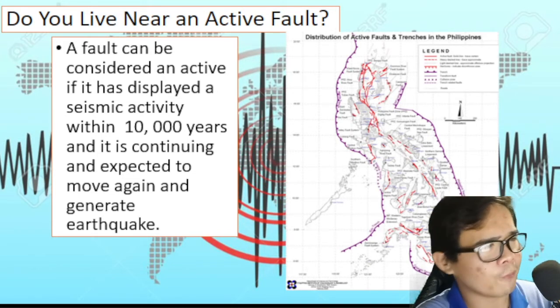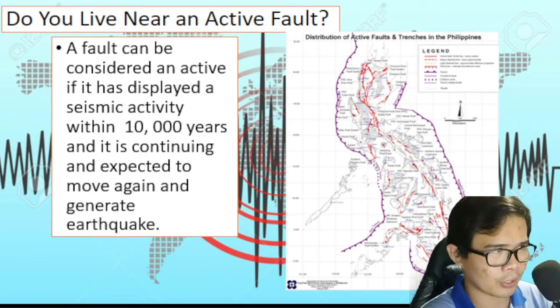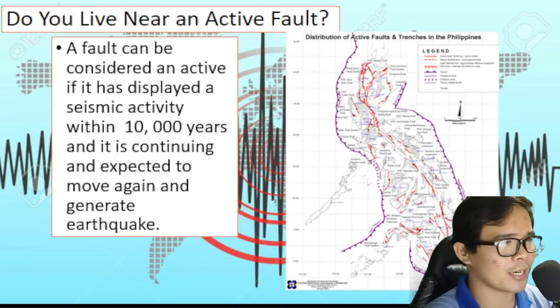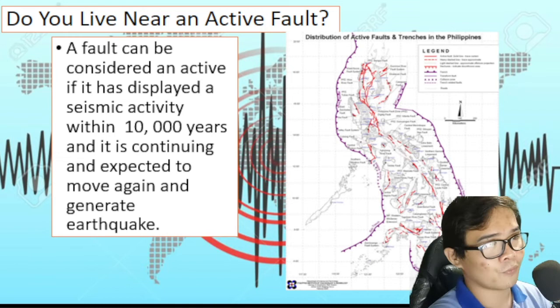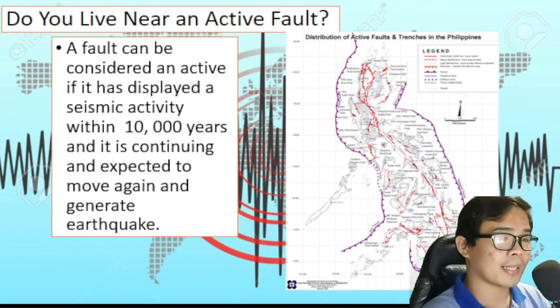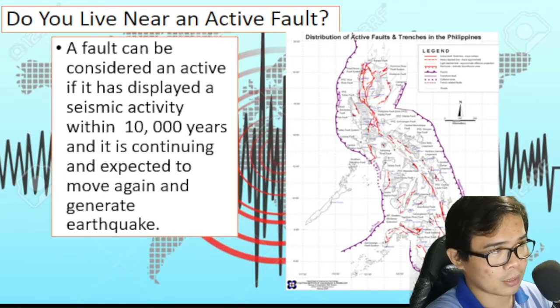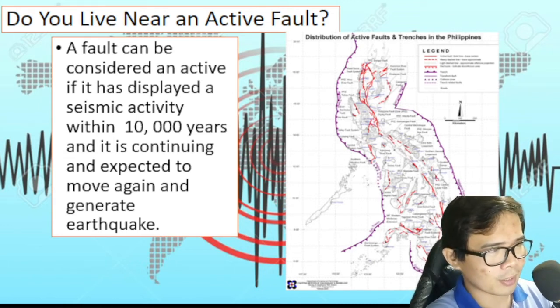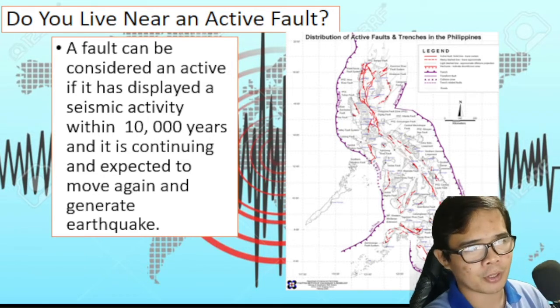And we are now on this last part of part 2. Now, a fault can be considered as active or inactive. Paano yun? Pag sinabing active kasi, may years tayo dyan, 10,000 years or less. That is an active fault. And continuing expect to move again and generate earthquakes.